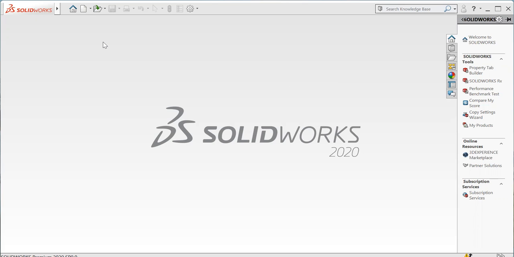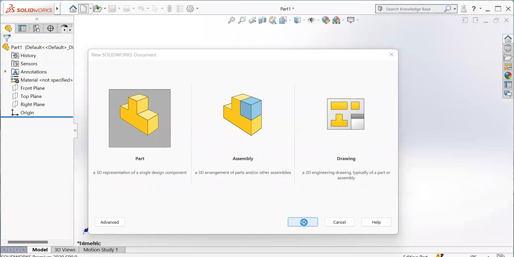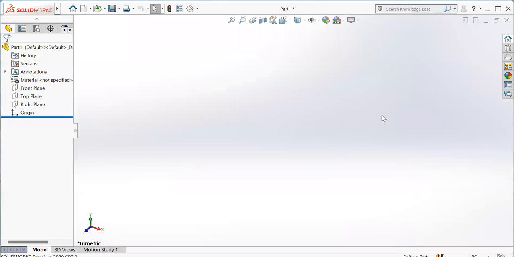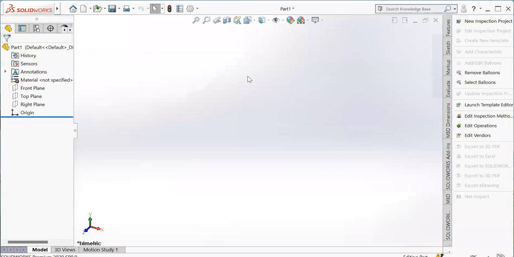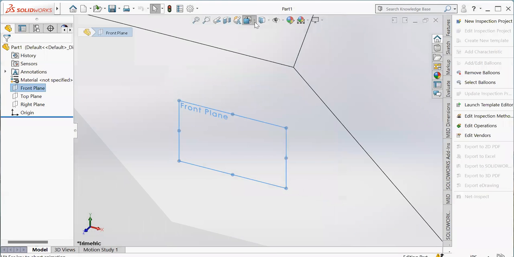Now here I am going to select this new part. In this case I am considering this front plane for my sketch.